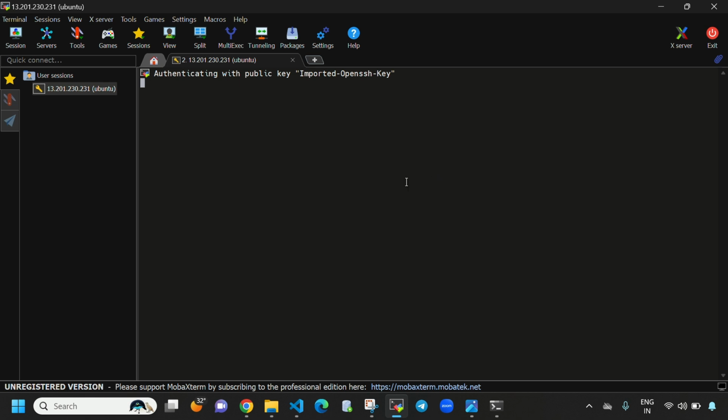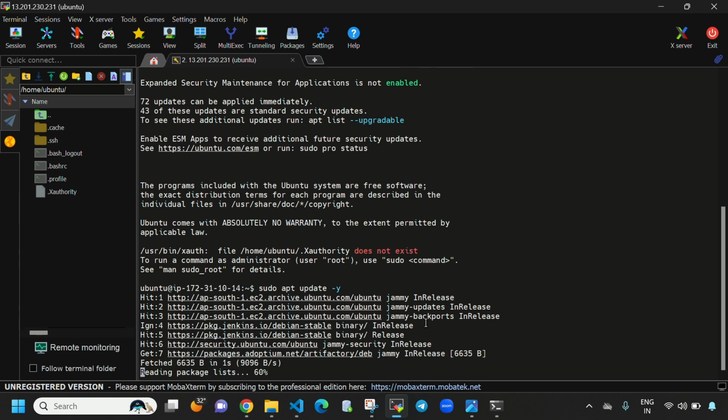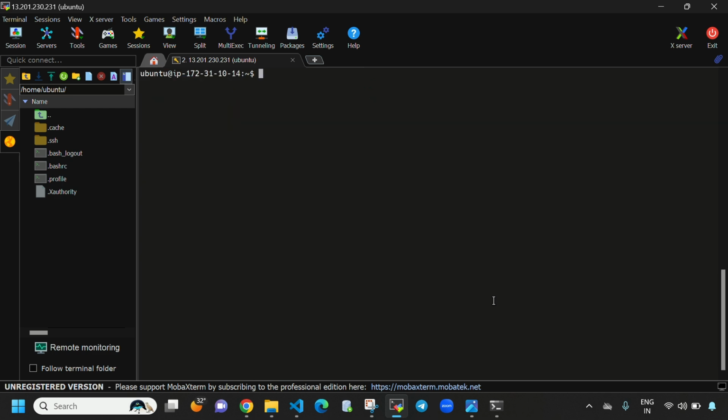Then first we need to update our instance by using sudo apt update. Now it will update, and after that you need to come to root. So sudo su,